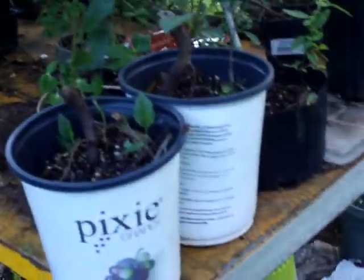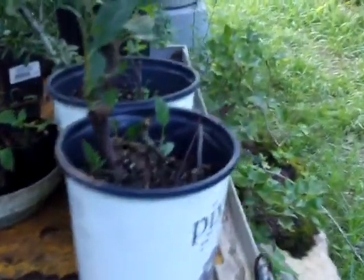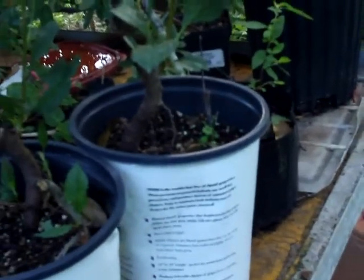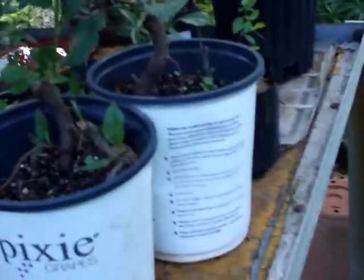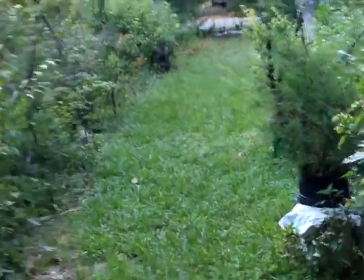I did some ground layering on a crabapple early in the season when everything was just breaking dormancy, and so I took these root pieces and stuck them in the pot, brought them upright, and boom, here you have it. Oh, we're getting weather in, which is good. Look at that sky. I put on a bunch of air layers, including